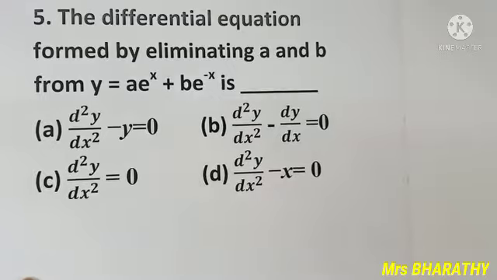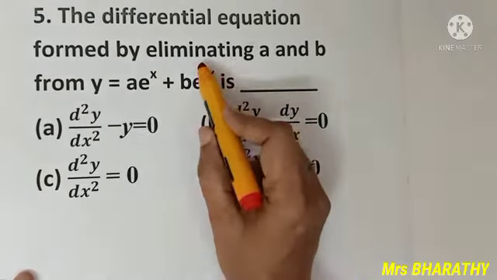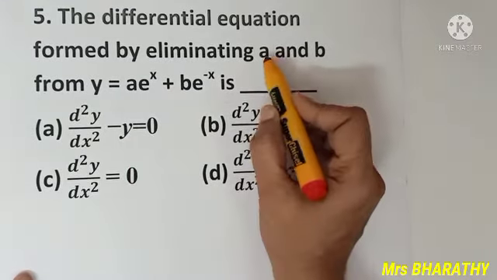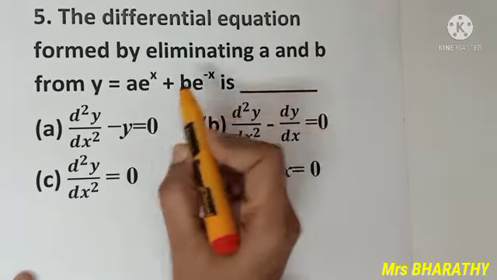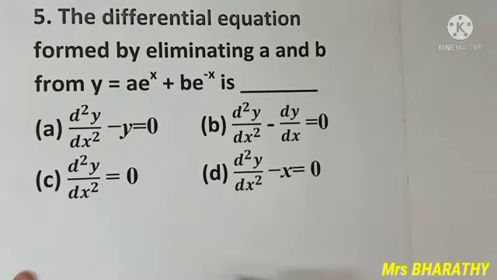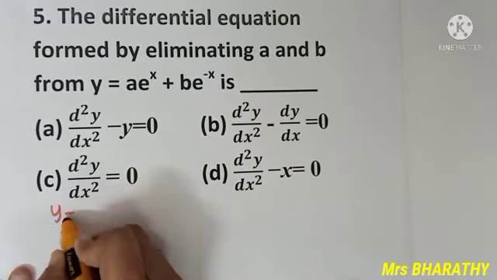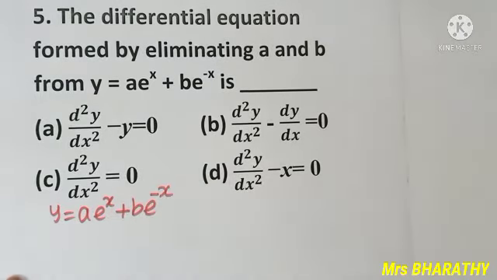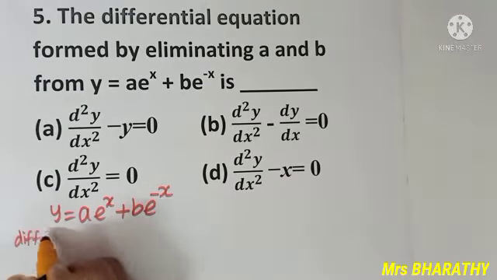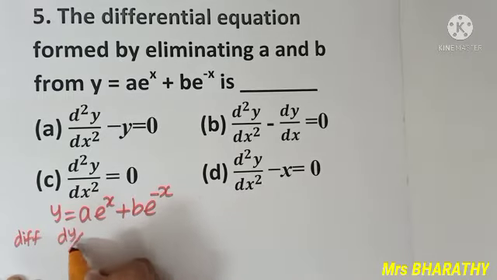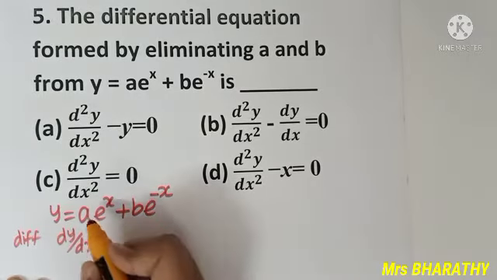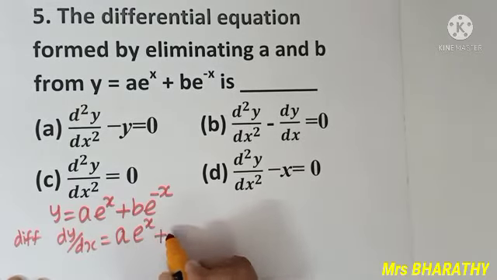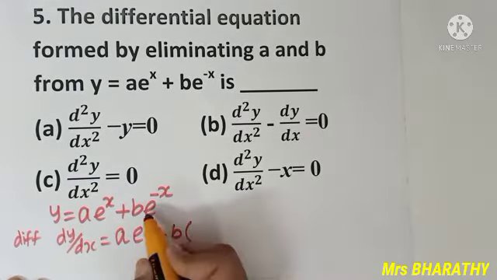Question number 5. The differential equation formed by eliminating A and B from this equation. Given there are two constants. To eliminate, let us differentiate 2 times. Y is A e power x plus B e power minus x. When I differentiate first time, y becomes dy by dx. On the RHS, A as it is, e power x, the derivative e power x, plus B into e power minus x,